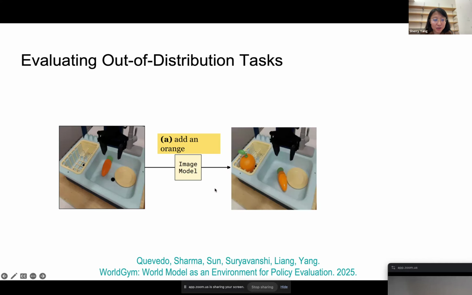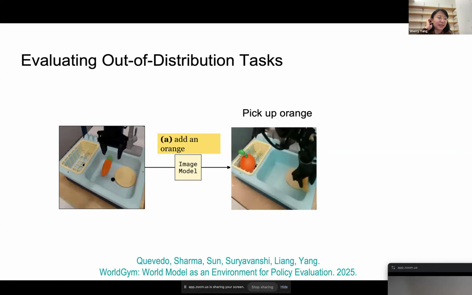Because we can now construct an arbitrary initial frame, we added an orange into this initial frame, and we can create an arbitrary task. The original task was to grasp the carrots, but here we changed the task to picking up the orange. And all of the policies fail. So we suspect that all of the VLA policies are overfitting to their training distribution.